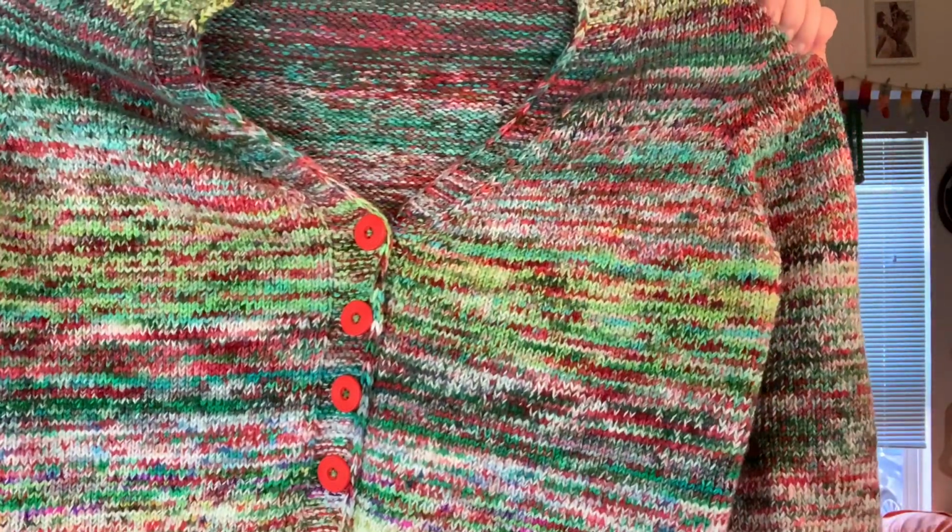So yeah, I'm absolutely in love with it. It's exactly what I wanted. I definitely think that another one of these out of other minis is in order. I was over at my mother's house yesterday, my parents' house, and my mom was like, "Oh, I kind of like that." I was like, "Well, you know what? I can make it. I got plenty of minis to make a dozen of these." So yeah, definitely